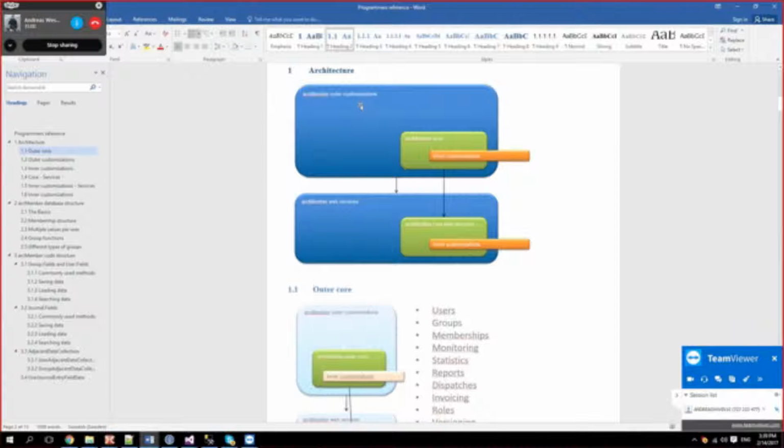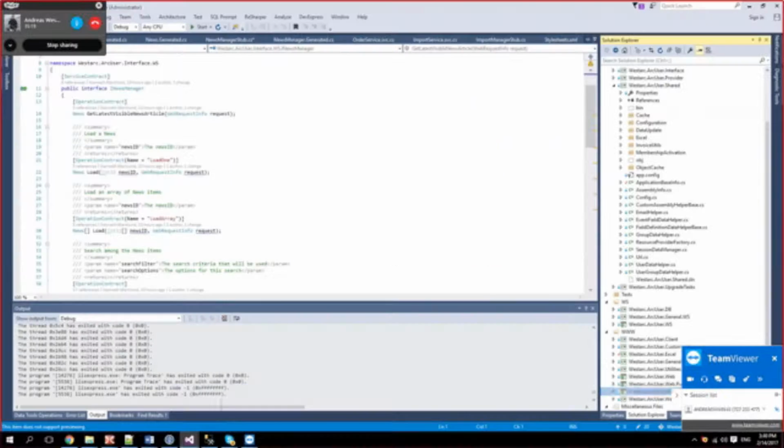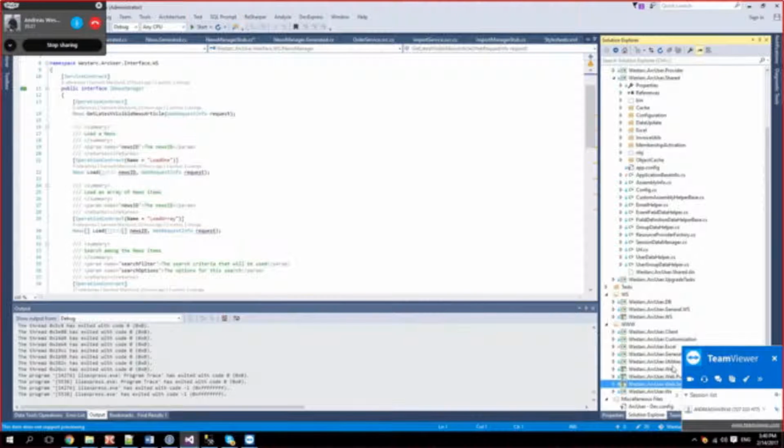So if we put this in some recap, this is the front end. This is the project that is called Westarc Arc User Web and Westarc Arc User Public Web. Let's say these two.